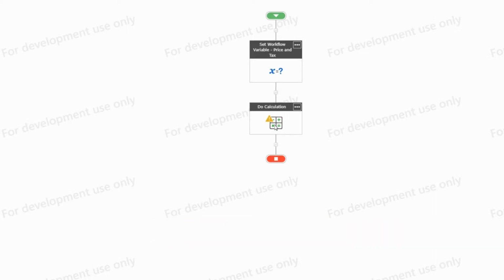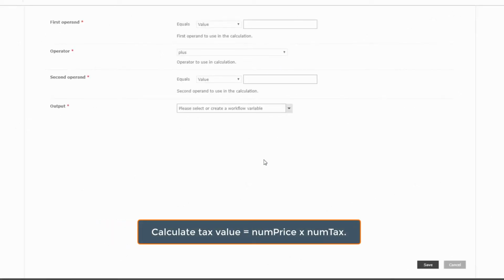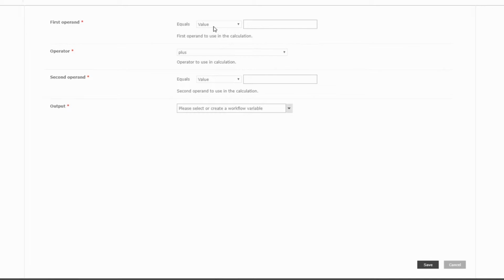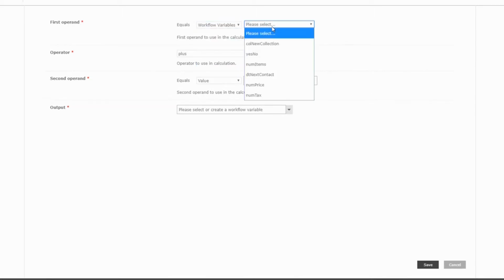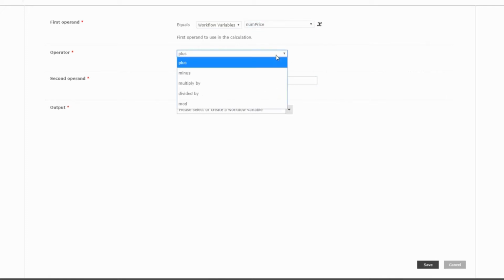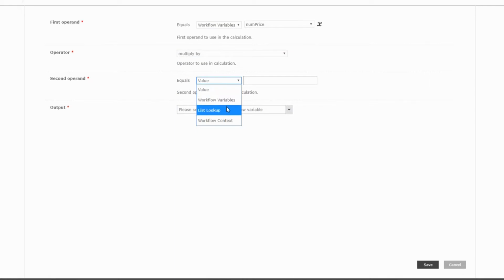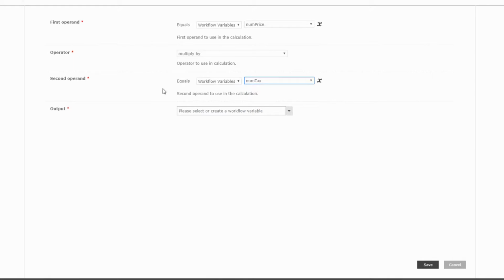So what I'll do at that point is I'll use the do calculation action. And so if I double click on the do calculation action, what we'll see here is I can choose the first operand, and we can hard code a value in here, or we can use dynamic values. And we're going to use some of the variables that we created. So if I click the drop down, what I'll do is I'll look for workflow variables, and from here I can choose the drop down. So what I want to do is I want to choose the numPrice, and I want to multiply that by our tax. And so what I'll do is I'll grab the other workflow variable, numTax,